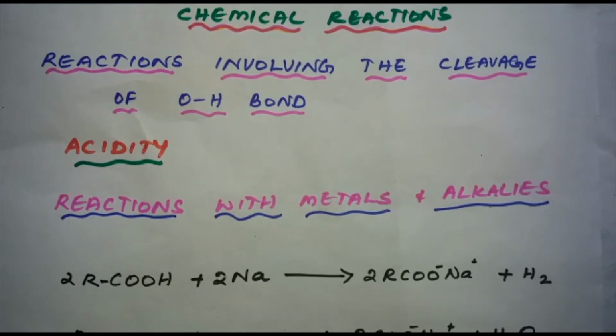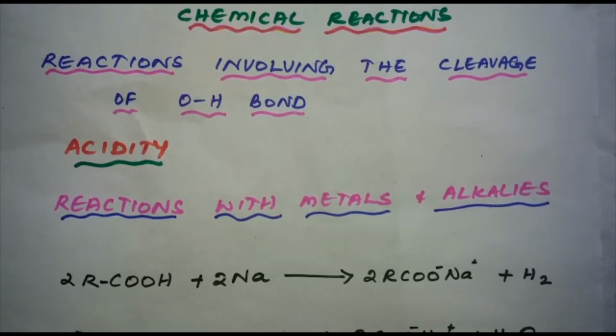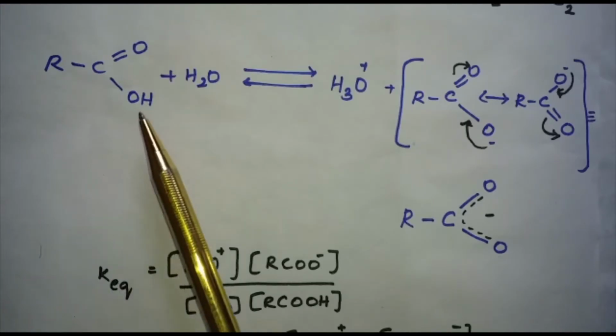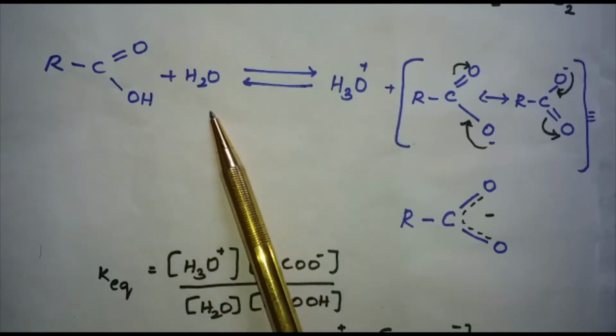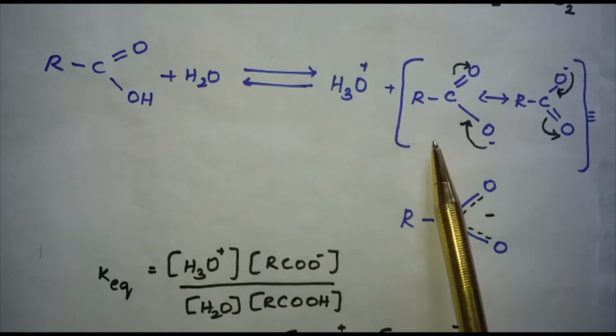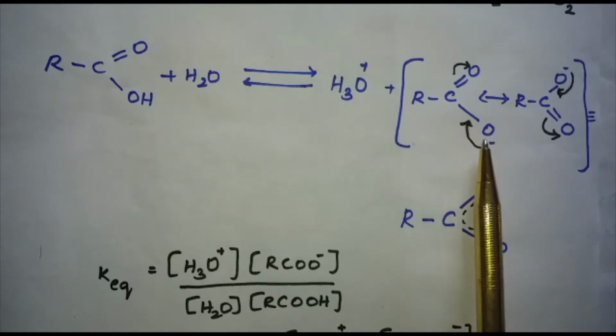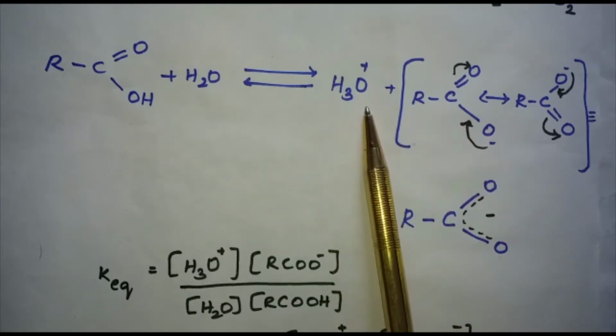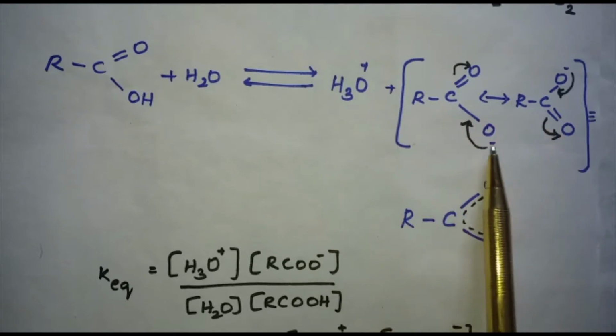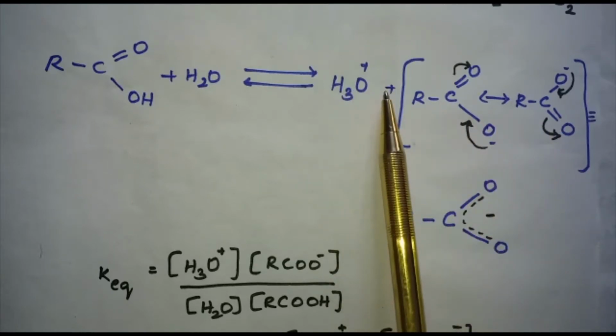In this reaction, carboxylic acid plus NaHCO3 gives the sodium salt of carboxylic acid plus water plus carbon dioxide. This reaction is used as a distinguishing test to distinguish between carboxylic acid and phenol and other compounds. Carboxylic acids dissociate in water to give a resonance stabilized carboxylate anion and hydronium ion.